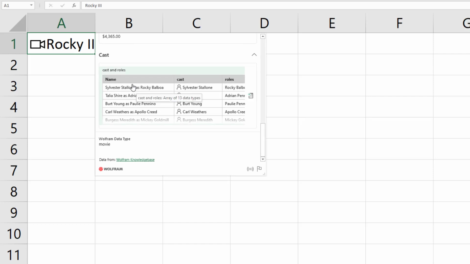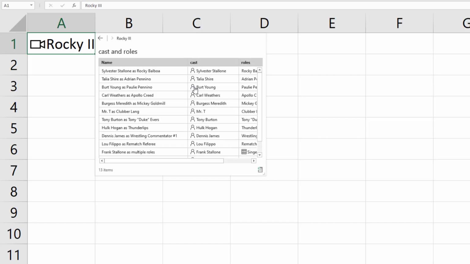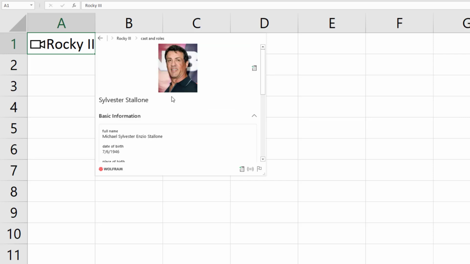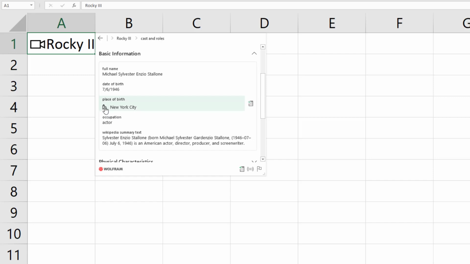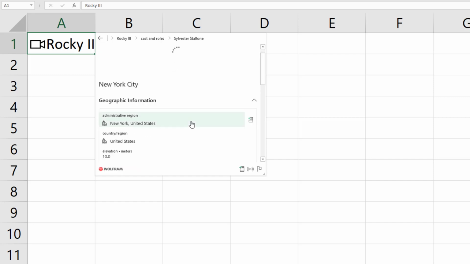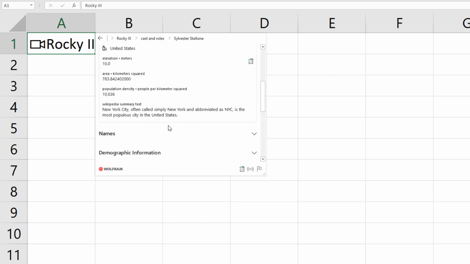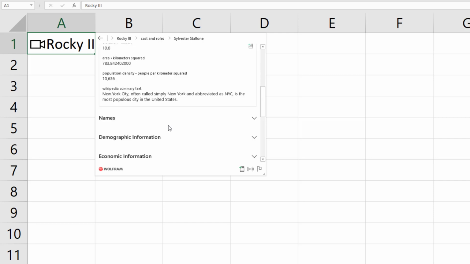This is a whole array of values. If I click on this, I can now click on Sylvester Stallone and get information not on the movie anymore, but now the person, Sylvester Stallone. And he was born in New York City. I can click on that, get information about New York, all kinds of information. You just keep drilling down and down and down.